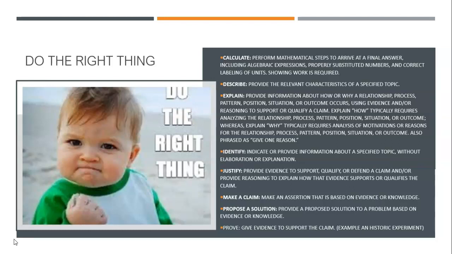Similarly, if you're describing or explaining, you're going to want to provide relevant characteristics. And if you're explaining it, you want to try to pull together relationships or processes or show patterns. And when you identify, you don't need to give a whole lot of background, but a quick definition certainly isn't going to hurt you. If it says justify, then you need to provide evidence to support whatever it is that